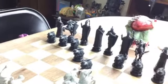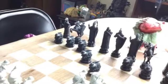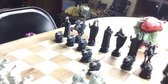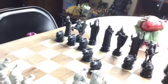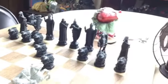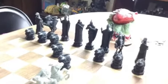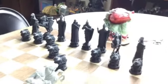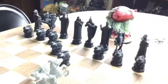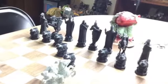So then the knight is very interesting. It's definitely a knight on a horse instead of just the vague horse that a lot of the chess games have now. So many of the modern chess sets just lose the point, and I love the flavor in this. Yes, I so agree. And I keep moving the camera all over because I get mesmerized by each piece. I like this one, I like this one. And yeah, so the queen...